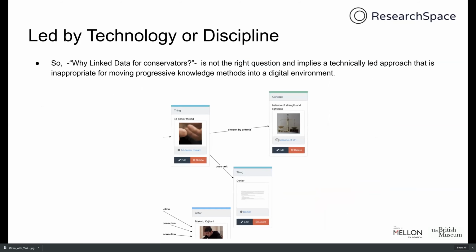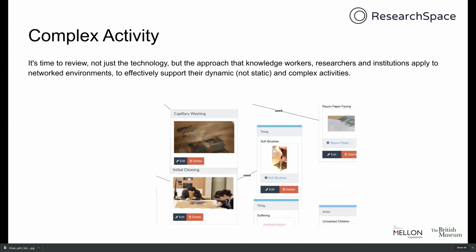So why linked data for conservators? This is not the right question and implies a technically led approach that is inappropriate for moving progressive knowledge methods into a digital environment. It's time to review not just the technology, but the approach that knowledge workers, researchers, and institutions apply to network environments to effectively support their dynamic